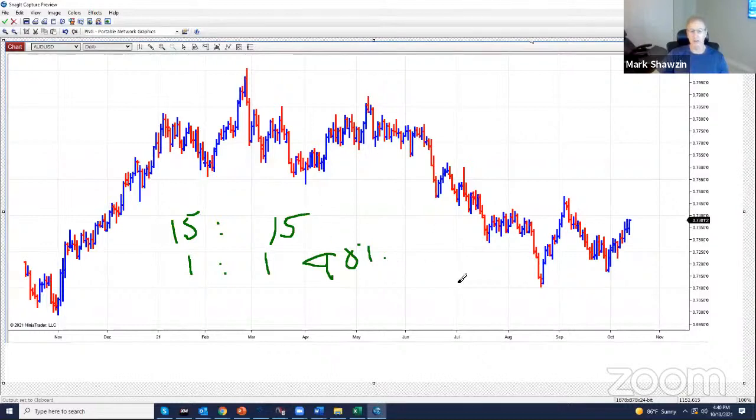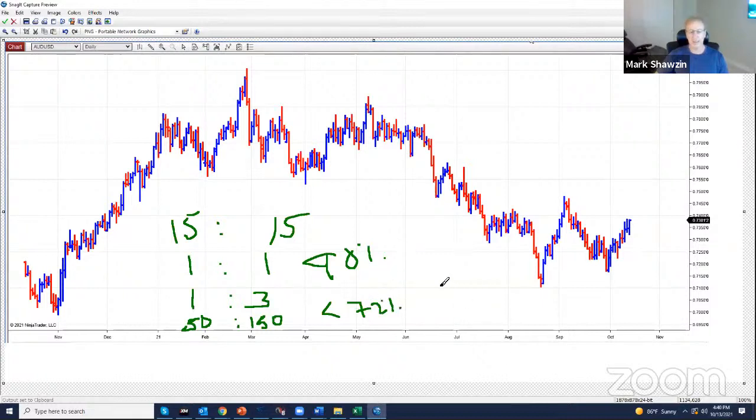Instead, what I like to do is wait. It takes time for these trades to set up where you can see your way clear to making these bigger moves. What I like to do is set up a trade where I have a 3-to-1 risk reward, where, if I'm going to risk 50 pips on a trade, I want to see my way clear to making at least 150 pips. And if you can set up most of your trades with a 3-to-1 risk reward, you can actually lose 72% of your trades.